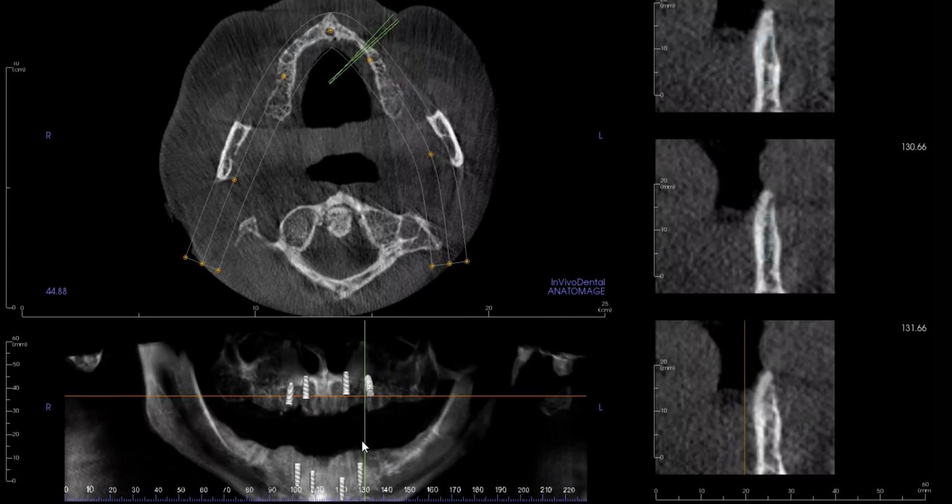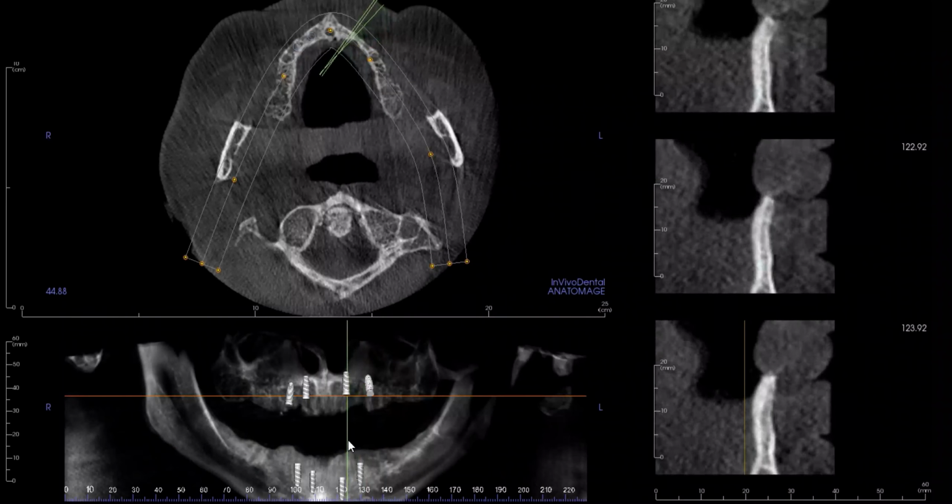The problem with this case, as you identified, is a very thin ridge. I can't imagine what surgeons did back in the day when they saw this much bone on the pan, got in, and then saw this little sliver of bone in reality. You can place implants here. They'll integrate. But you better have very good soft tissue adherence to the outside of the implant for long-term stability